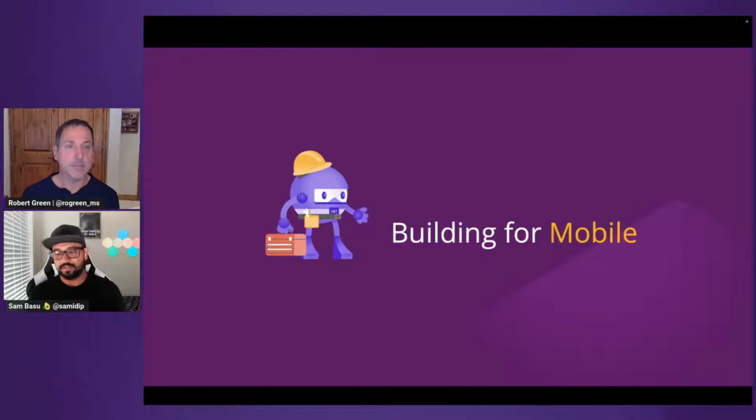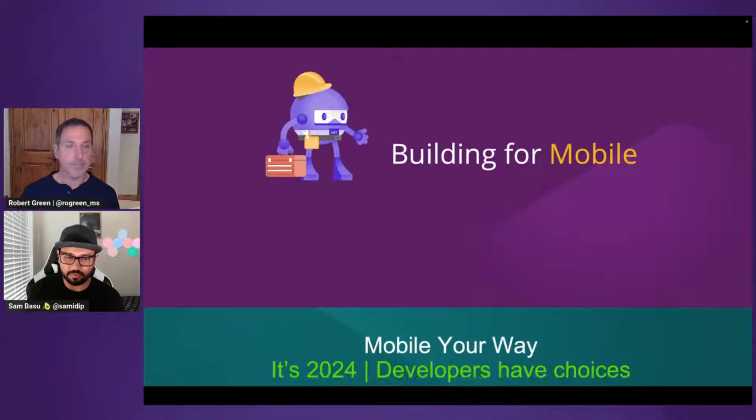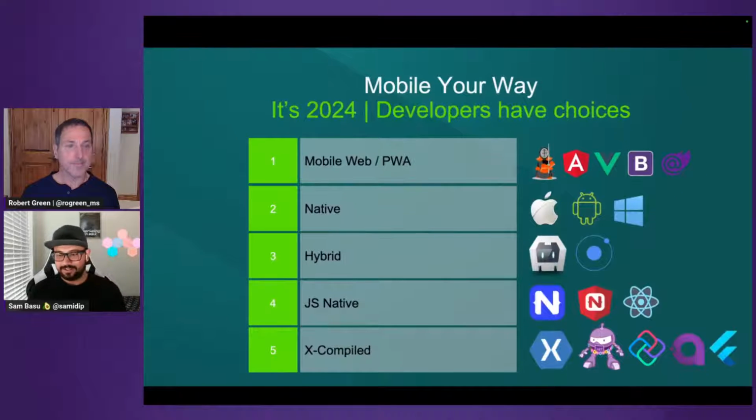So, building for mobile. How do we reach our users? We often forget the supercomputer that we have in our pockets every day. It can do a lot, but it depends on how you enable your users to utilize the apps and the features that you're trying to build. So, how do you reach for mobile? This is my 2-minute spiel on most things mobile. I'm sure I'll be missing some, but broadly, I say 2024, we are not quite there yet, but it's almost holiday time here, and you have a lot of choices.